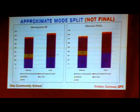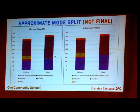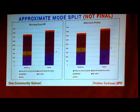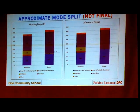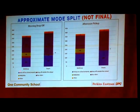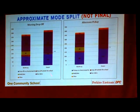I apologize for the color scheme. It looks a lot sharper in the actual slides, but this is a chart that we developed to kind of break up the total enrollment for each school. For example, take Winthrop. At the time of our traffic count, what were the different modes of travel for the students? So you see the 115 students who got dropped off on the school property,